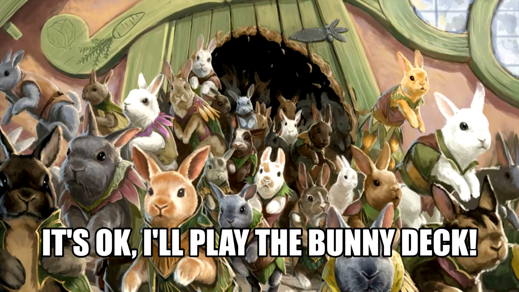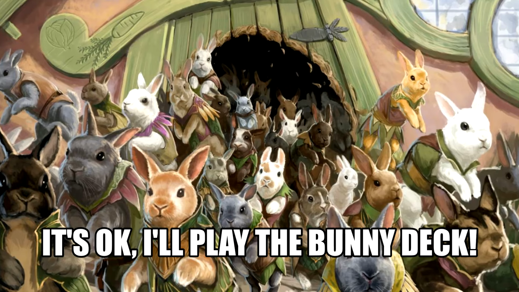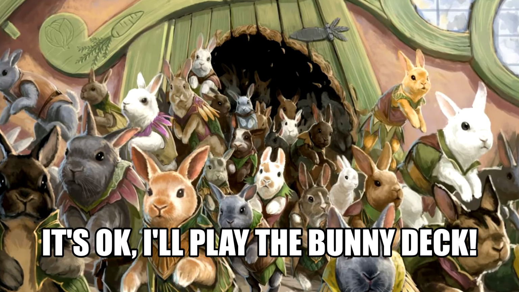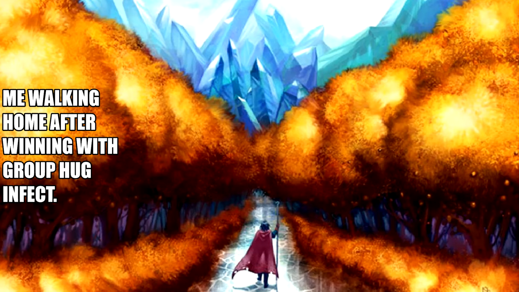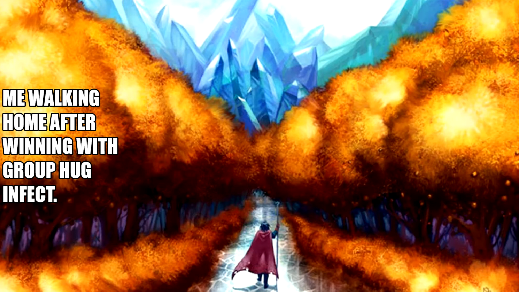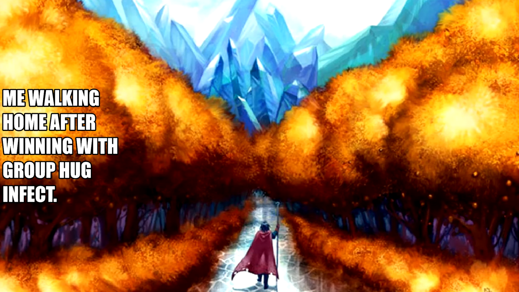$25 deck list. It's going to be in the description right below. It's the deck you pull out after mercilessly beating your opponents on turn 4 with a $3,000 combo deck or something. Make Commander fun again with a little goodwill group hug. Then infect them out